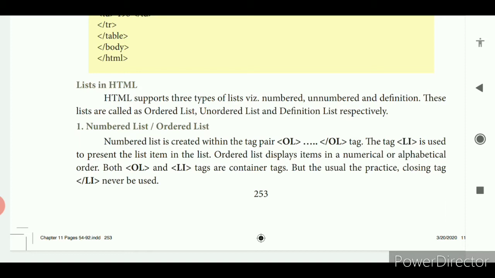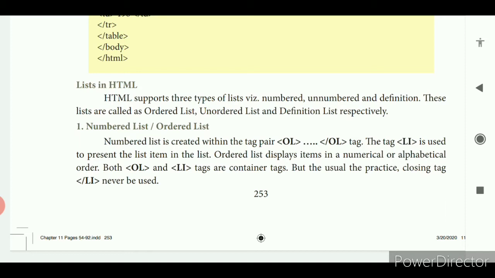This also we have seen in the OpenOffice Writer, bulleted and numbered list. Bulleted means some small symbols you can provide and write your points. Otherwise numbered list means 1, 2, 3 or Roman numbers I, II, III or A, B, C, D, something like that you can provide. So the same thing we can do in HTML also. We can provide the numbered and bulleted points. So that is called a list in HTML.